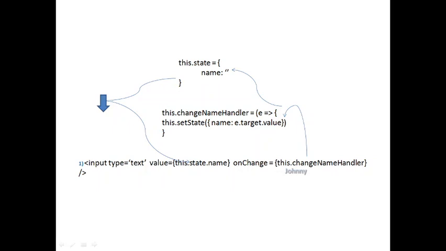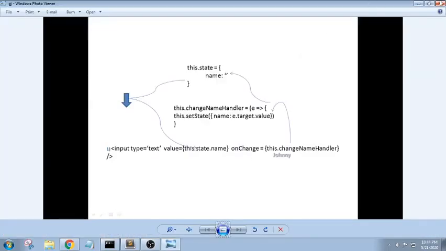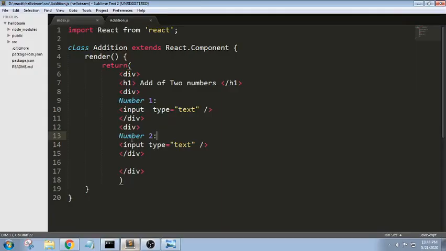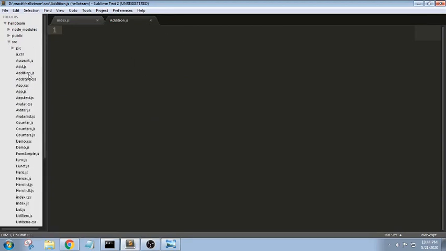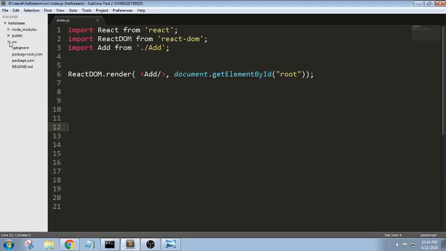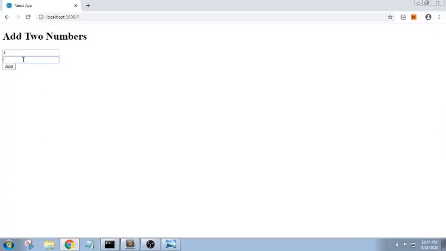Now in this session, we will perform addition of two numbers. So let us see how it goes. Let me open my editor. So this is my editor here. Let me erase this code. Let me delete this file also. Okay, it is done. So this is how we have done with the code. Let us see how the output will be. It should be able to print in this way.